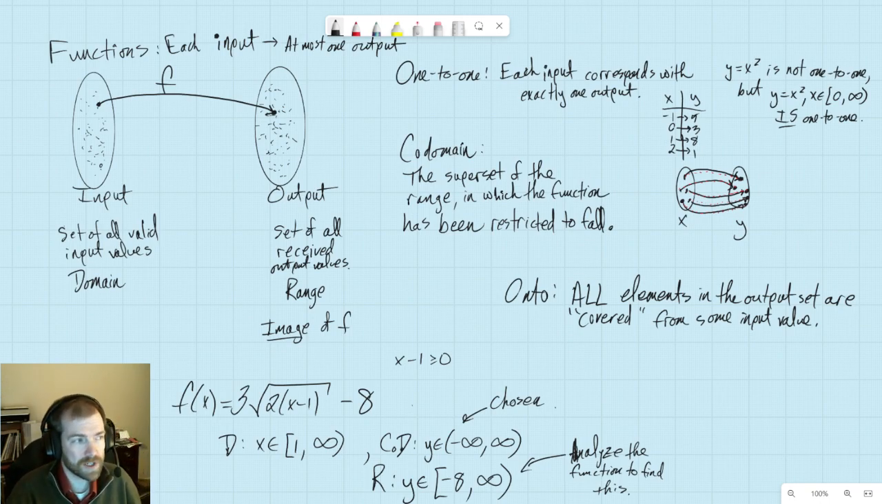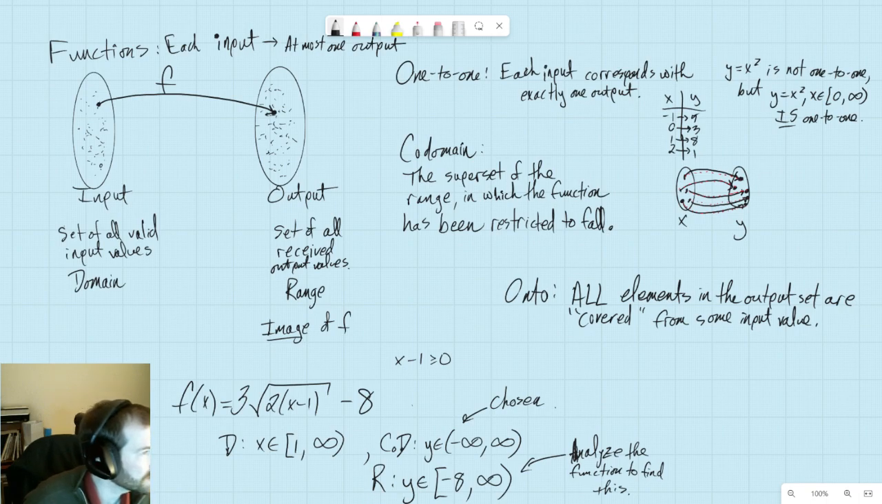All right, and onto means that every single element in the output set is going to be covered or corresponded to from one of your input sets. Doesn't have to be the same. Doesn't have to be. Could be. Doesn't have to be. Now, I believe, let's see if onto-ness has the